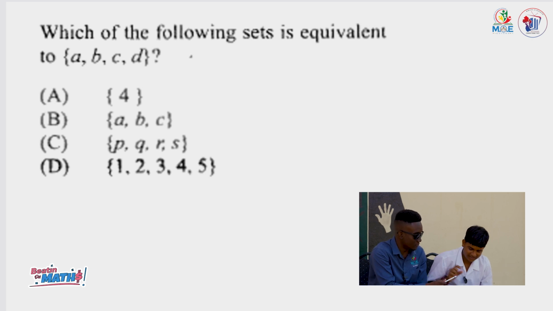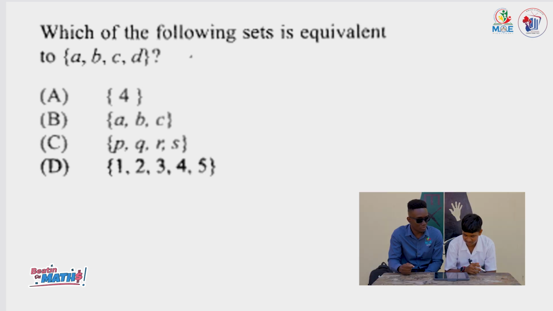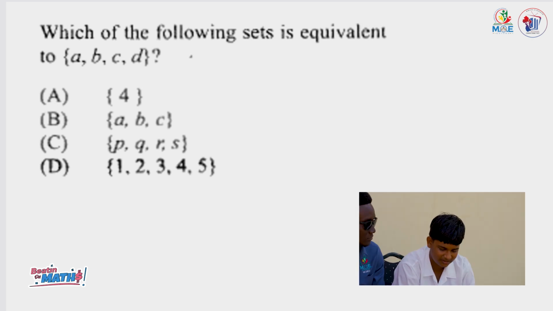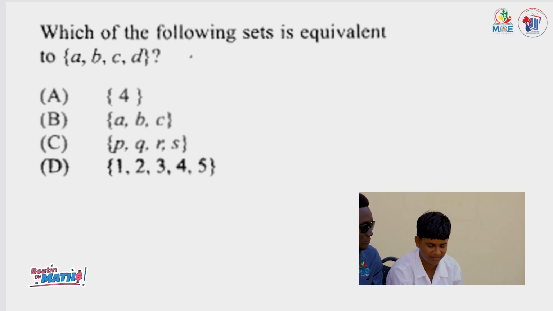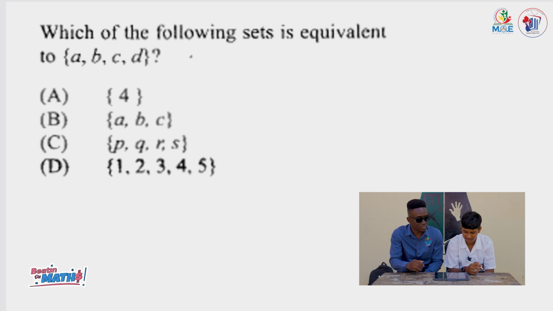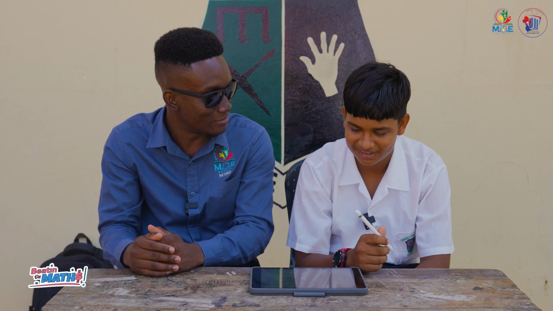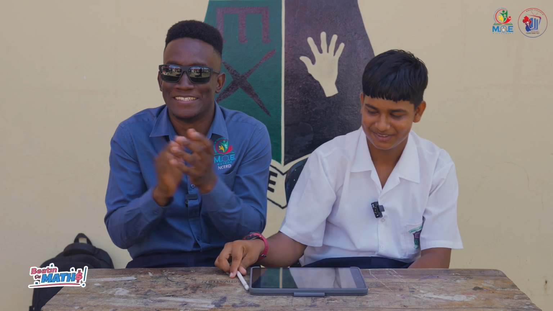So I would say the answer is C, sir. Why C? Because equivalent means basically that if you have one element in the set and another set has one element, it does not have to be the same, but as long as it has the same number of elements, it will be equivalent. Yes, sir. So this one has how many elements? A, B, C, D. 4 elements, sir. And C has 4 elements. As easy as that. So you beat the maths badly here. Yes, sir. All right, very good. Let's give Abdus a round of applause. Well done.